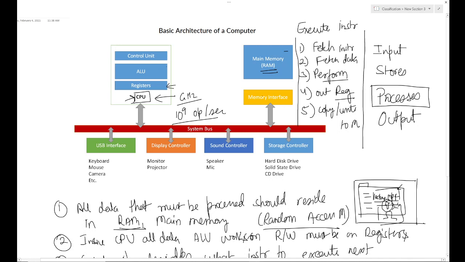Now that the processor has to do that, this memory should be able to perform at this speed. We should be able to read and write to this memory at this rate, then only will the processor be fast enough. Otherwise the processor is asking, hey, give me some data, and memory is saying wait. So in essence, our processor is becoming very slow. Even though it is fast, it is not being used.